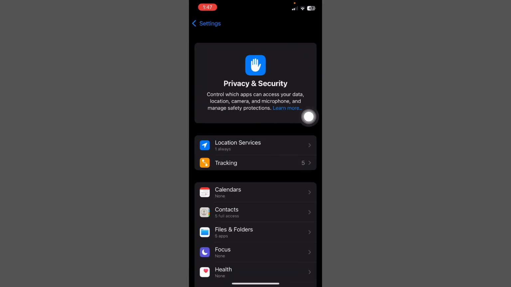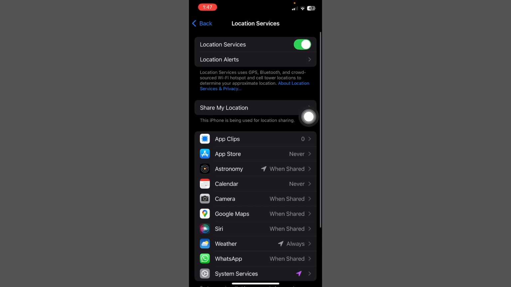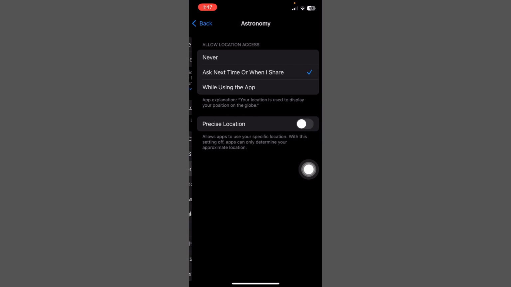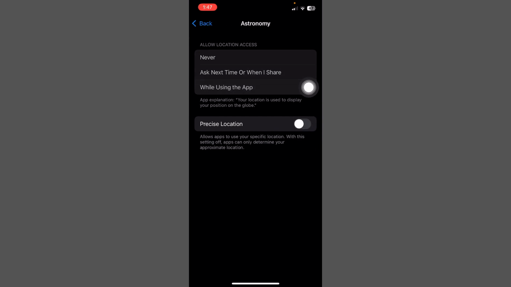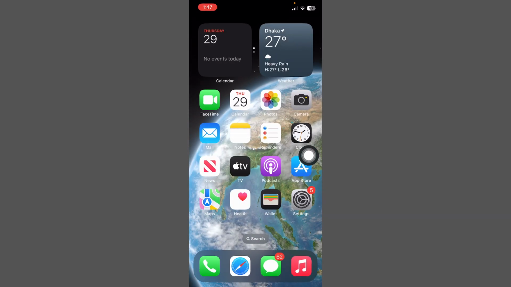Just tap, then click on location service. Okay, turn this on and tap on this option and click on this option. Okay, and tap on location, then back